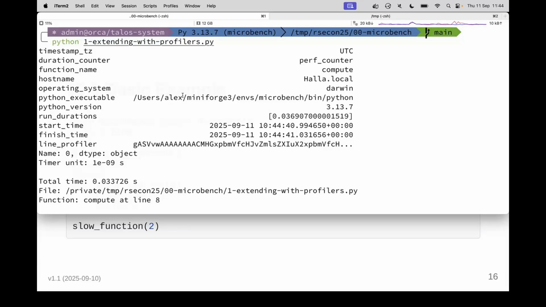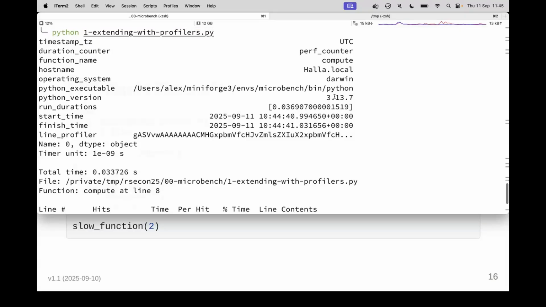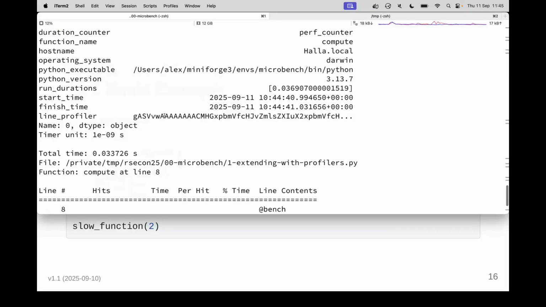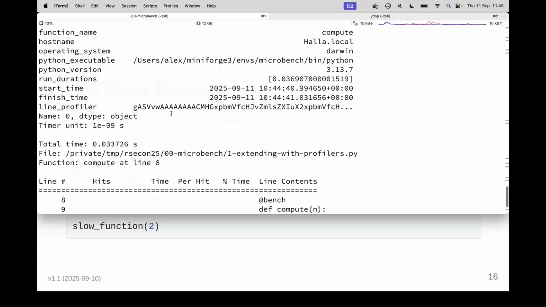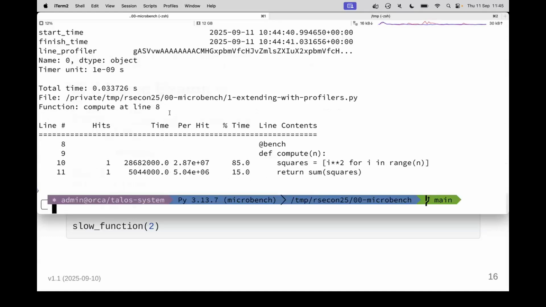So this is useful, obviously, if you've got multiple Pythons on your machine, you can confirm, in this case, that the Microbench environment one was active. The Python version, run duration, start time, and finishes before, and then this line profiler object, which is encoded. So that was what that second part of the code did, is to decode that, and then we just print